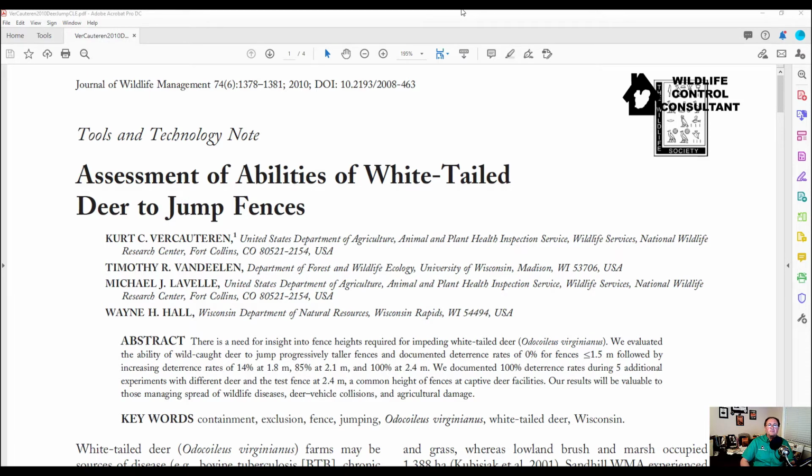There's review articles on all kinds of topics of interest for wildlife control operators, such as biology. You want to know about the biology, let's say, of a raccoon or a possum or a skunk or a beaver. There are journal articles that basically summarize all that literature in one place, so you can know what is the average weight of a raccoon from all the different literature, all the different articles. What is their average reproductive rate? Things like that. What is their skull size?